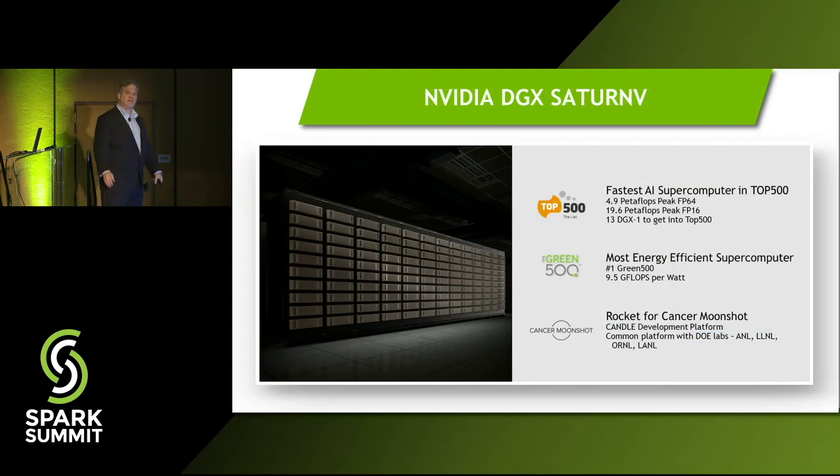Turns out that you would get the 26th most powerful supercomputer on the top 500 list, and you would only need 13 DGX1s to get into the top 500. So the ability to scale out compute for deep learning in these dense nodes is established. And a lot of the big cloud service providers that do a lot of deep learning are using these.